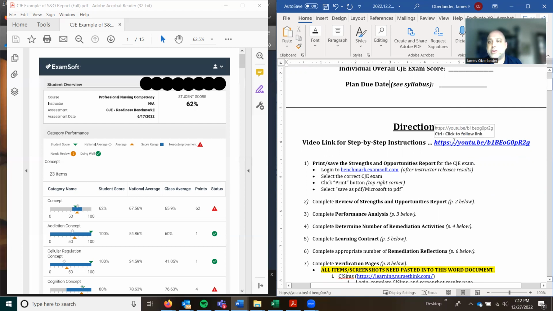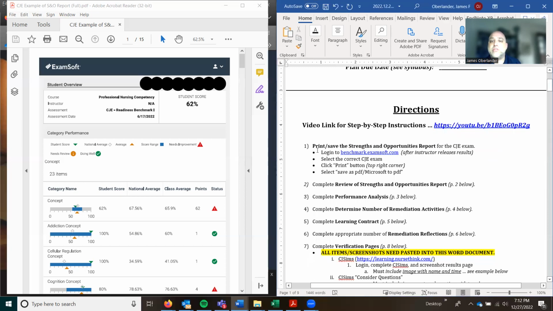So the link that you've already clicked on is right there. That's me talking right now. Step 1 is you're going to go to the benchmark.examsoft.com website. This is after the instructor releases the results, and you're going to select your CJE exam. In this case, it was the readiness benchmark 1. That student clicked the print button in the top right-hand corner, and then selected save as PDF or Microsoft to PDF, and that's going to save it to your